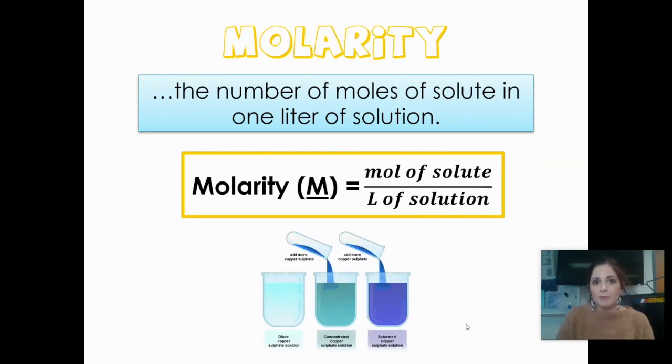And here's just a little image that could represent that. Notice this one all the way over on the left is a relatively diluted solution, because there's not very many moles of copper 2 sulfate that's dissolved in whatever that volume is. If I add more copper 2 sulfate, I'm assuming it's 2, it's not saying, my number of moles of solute is increasing. So the molarity of that solution is getting higher as well, until, of course, you could have